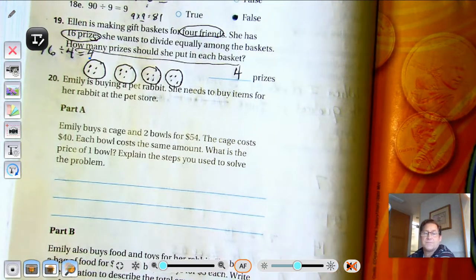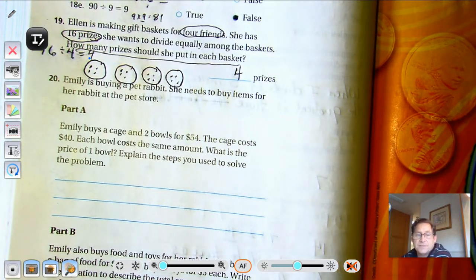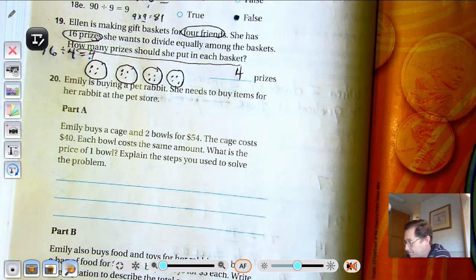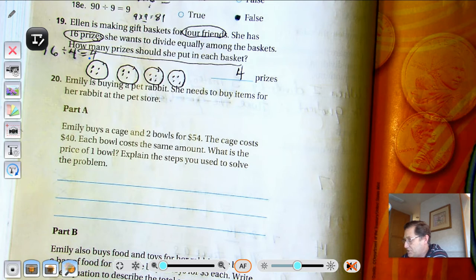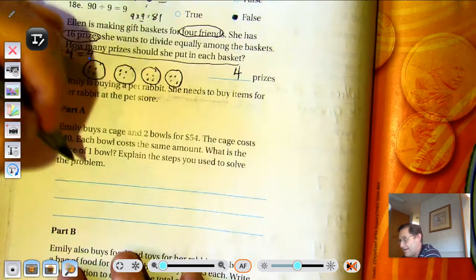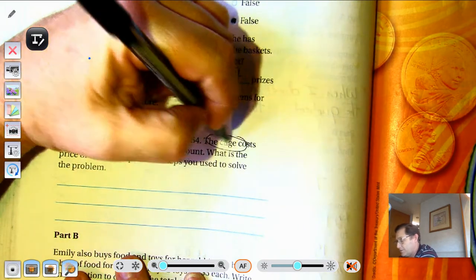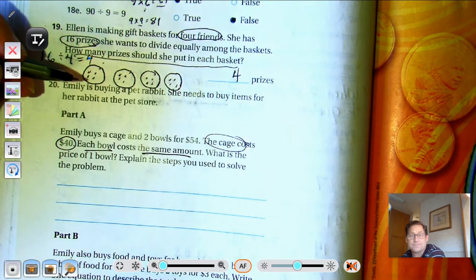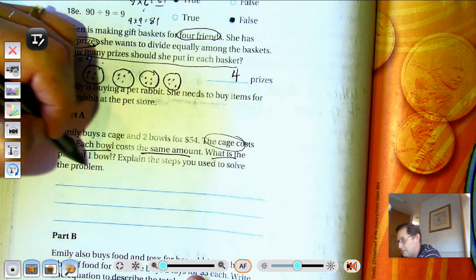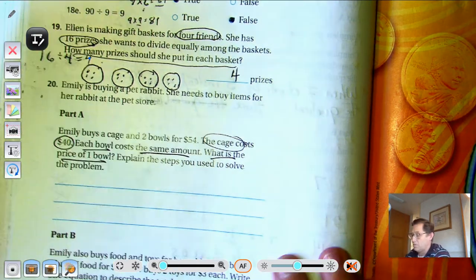Number 20. Emily is buying a pet rabbit. She needs to buy items for her rabbit at the pet store. Okay, so A. She needs to buy a cage and 2 bowls for $54. The cage cost $40. Each bowl is the same. What is the price of 1 bowl? Okay, so